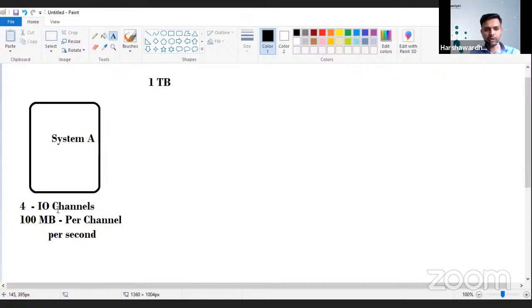How long is it going to take this system to read this data? Come on, we need the answers quickly. Share your answers in the chat window.